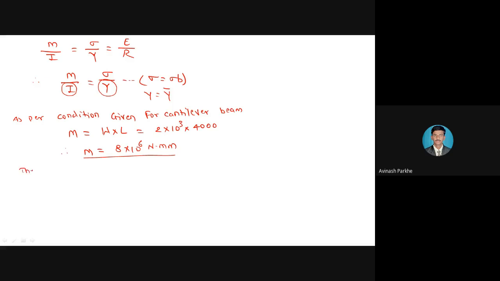Then we have to calculate the I, which is called the moment of inertia. Which type of section is there? Rectangular section is there. What is the formula to calculate the I for the rectangular section? B D cube by 12. So capital B, capital D cube divided by 12 is equal to small b, small d cube divided by 12. You can take any type of parameters. So capital B means 50, depth is given as 75, cube, divided by 12. Therefore, tell me the value of moment of inertia.